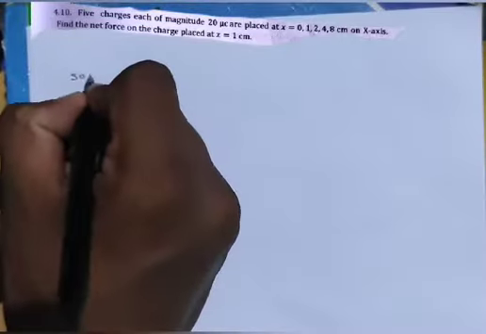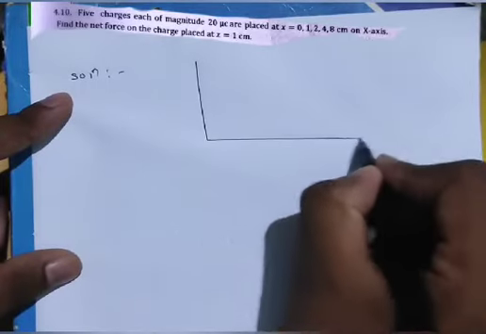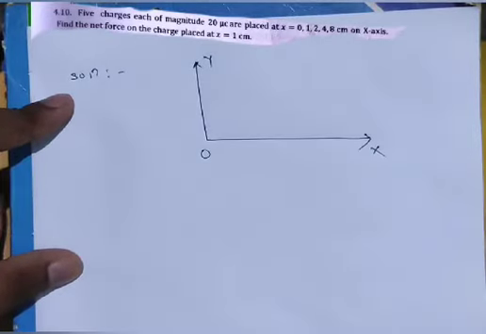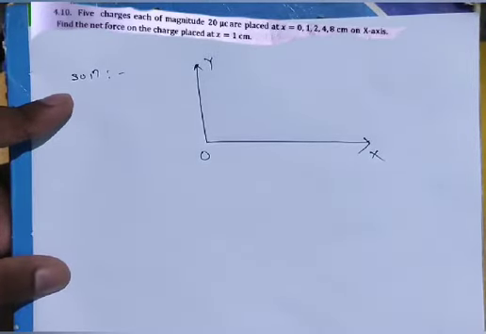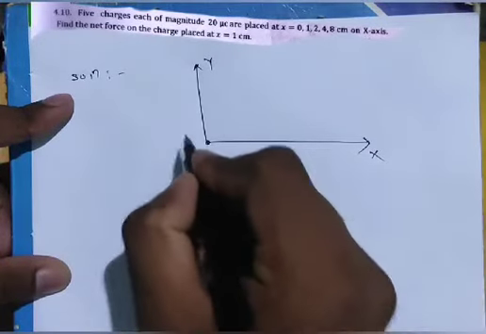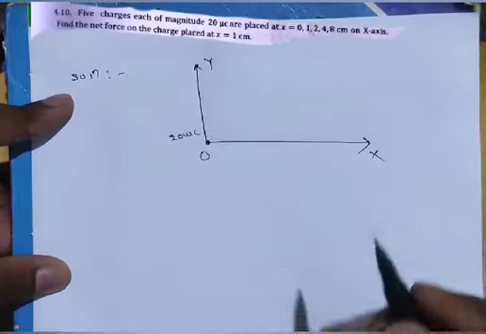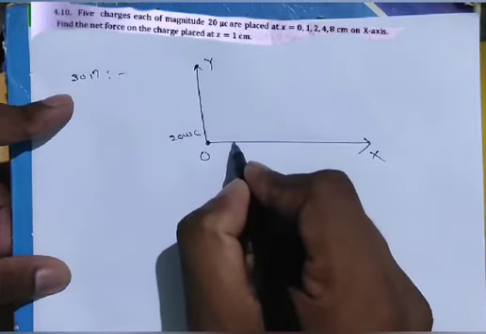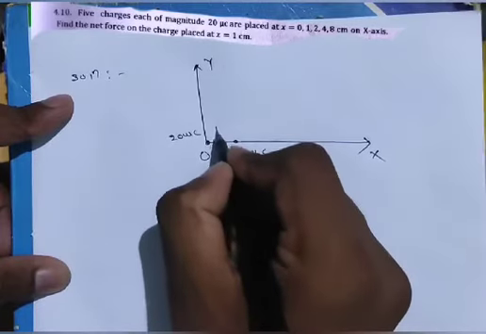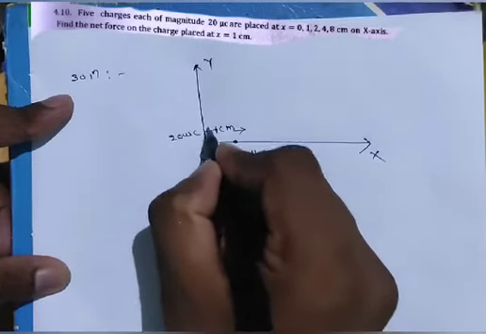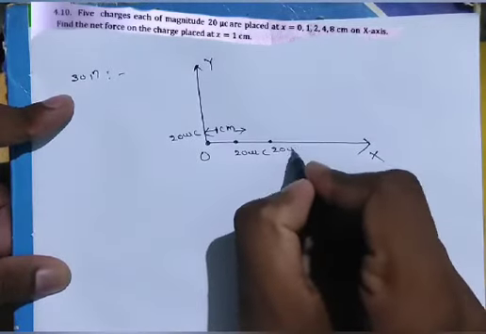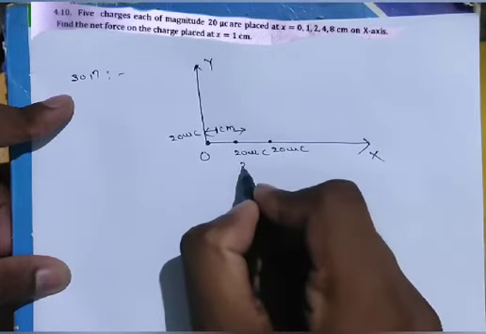So solution. This is my coordinate system. This is my x-axis, this is my y-axis, and this is my origin. In the question it is given there are 5 charges, each of magnitude 20 microcoulomb. One charge is placed at the origin having magnitude 20 microcoulomb, and the second charge is placed at a distance 1 centimeter having magnitude 20 microcoulomb. This is my 1 centimeter, and the third charge also having magnitude 20 microcoulomb is placed at a distance 2 centimeter,